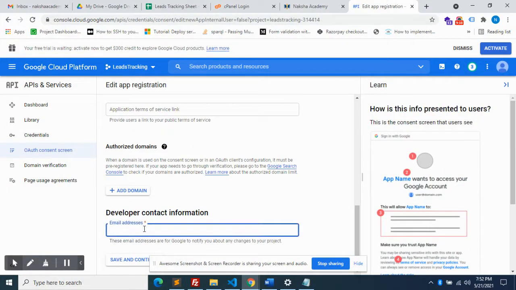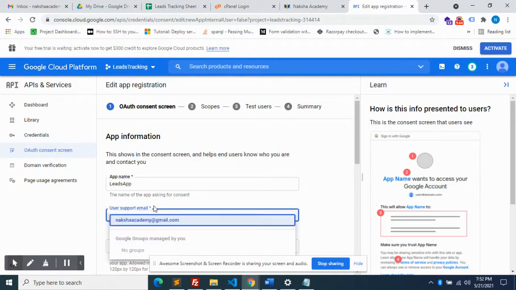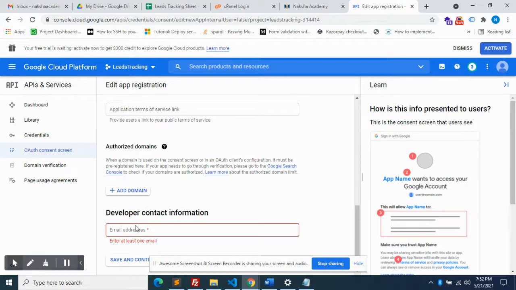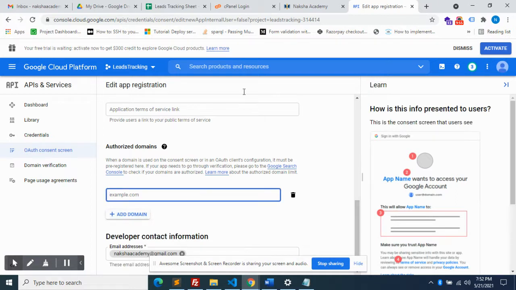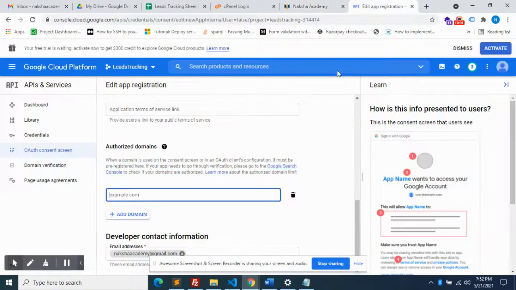The developer email address also you can add, the same email address you are using here. And for the authorized purpose you can use a domain. So I am going to use this domain, lakshacademy.com.